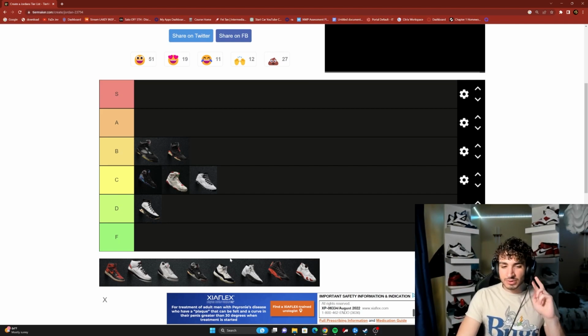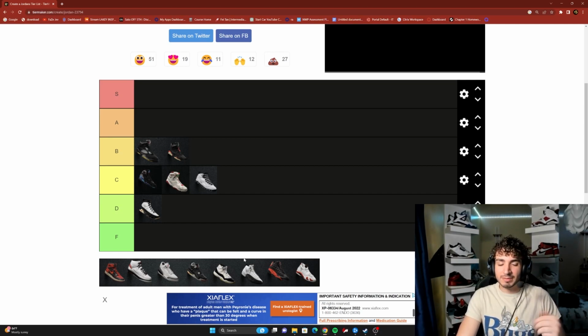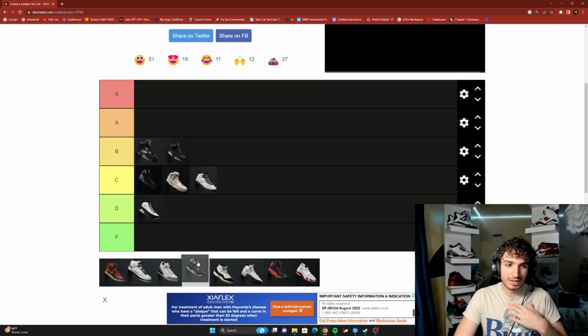The off-white ones were cool too. A lot of people didn't like those ones, but I kind of did, which makes it great for me because they're starting to go really, really cheap, and I might just grab a pair soon. Jordan 5s, we're going to put these...